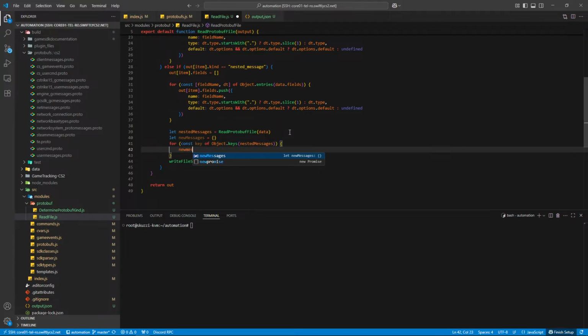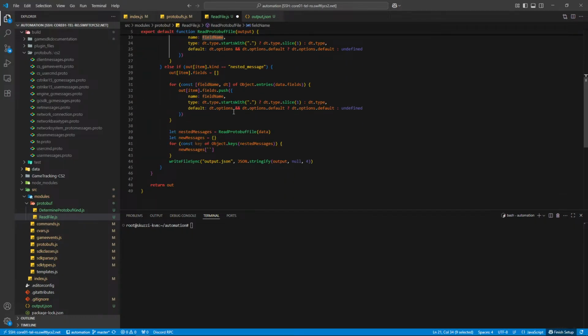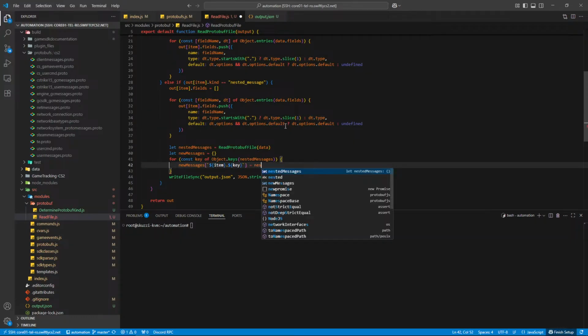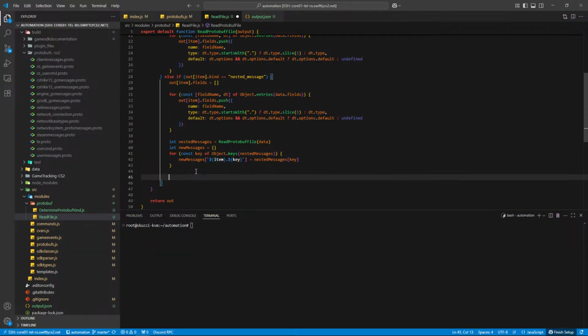We're gonna make new messages of the old key, the item, dot the current one, and it's gonna generate it, and the type over here is gonna be equal to the one over here. It's gonna be the nested messages of key. And now in out,